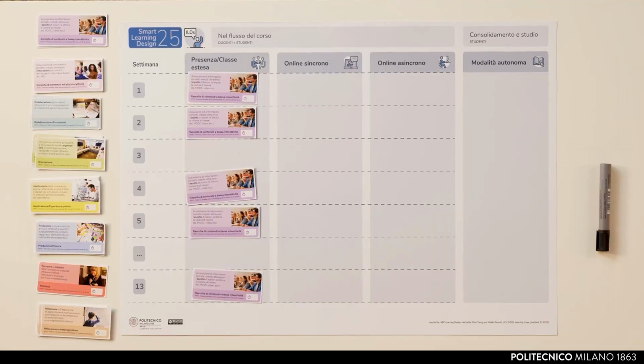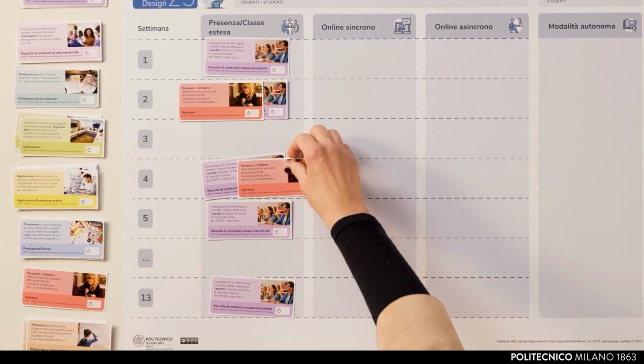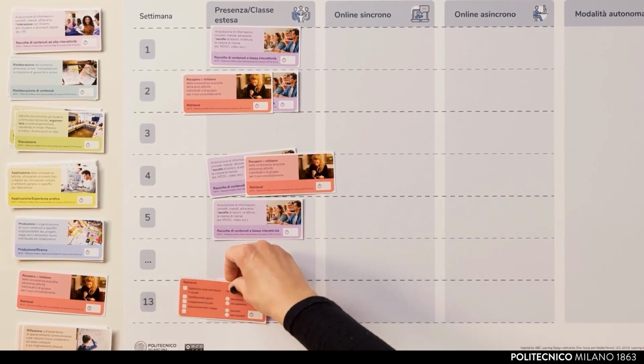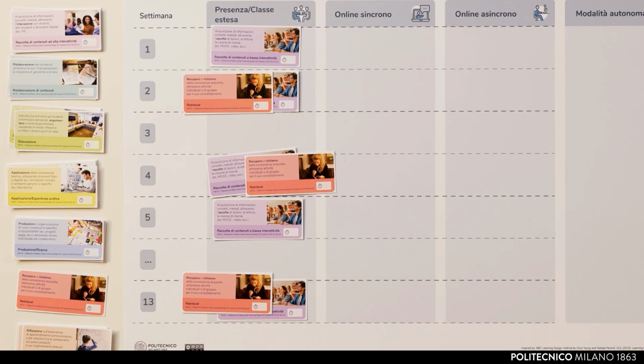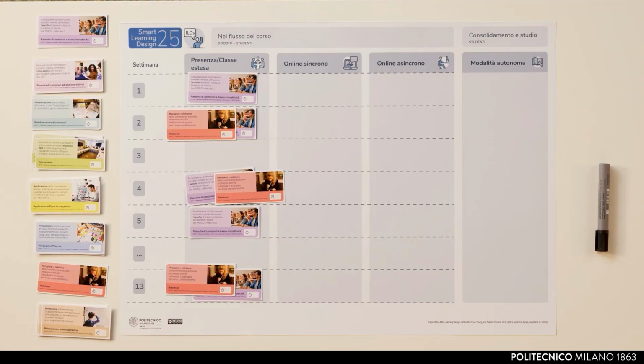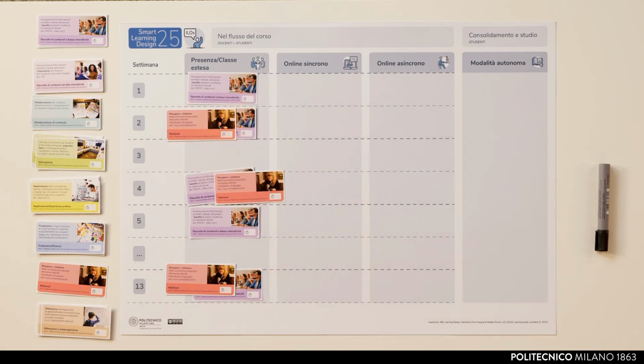To these, retrieval activities can be added in actions of recall and consolidation, distributed throughout the course. For example, at the beginning of a lesson, students can be asked to answer quizzes on the content from the previous lesson. The quizzes that can be proposed may be multiple choice or hybrid, meaning they alternate between open-ended and multiple choice questions. Or again, students can be asked to test themselves on topics covered a few lessons earlier.